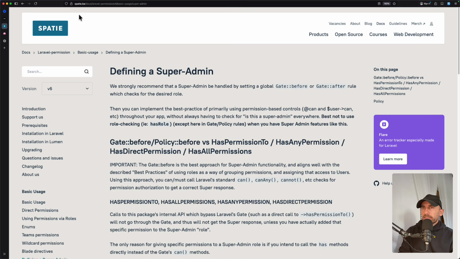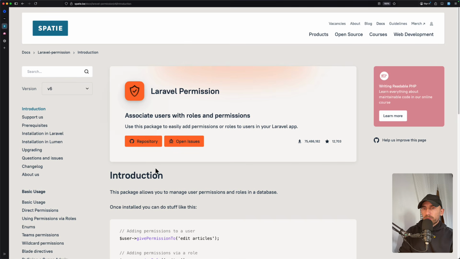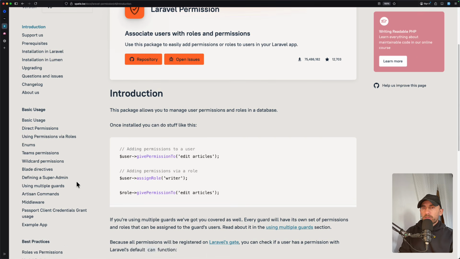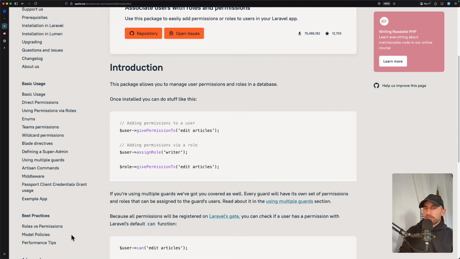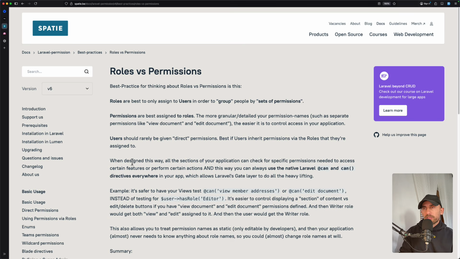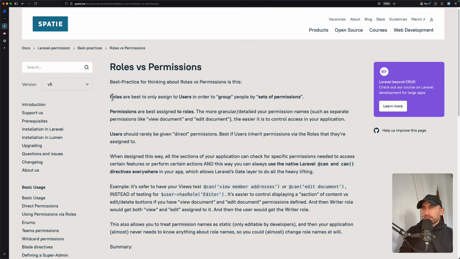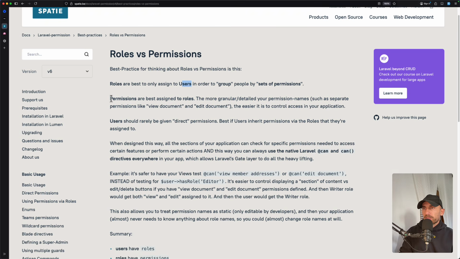So here is a Spatie Laravel-Permission package, so you can go ahead and read more. Blade directives, defining a super admin, Artisan commands, also middleware, and so on. Also here we have best practices, roles versus permissions, and we have done this. Roles are best only assigned to users, and we have assigned only roles to users, not the permissions. And then permissions are best assigned to roles. We have assigned permissions to roles, and then